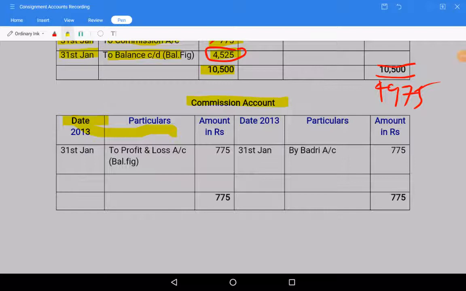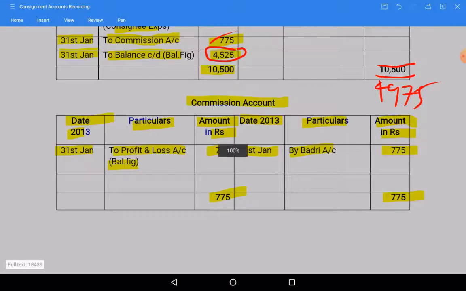Date, particulars, amount. So let us see the commission account now. Date, particulars, amount in rupees. Only one transaction, that is on 31st January, credited by Badri 775 commission receivable, and credit side is more than the debit side. Balancing figure 775, debit side 31st January to P&L account, balancing figure. So here ends the ledger accounts in the books of